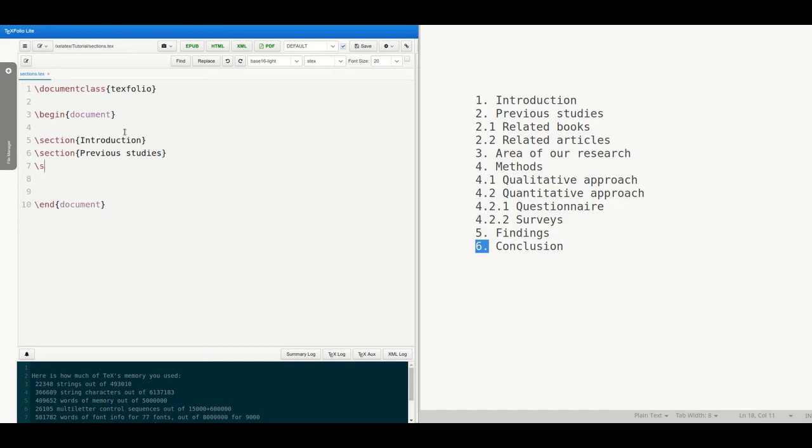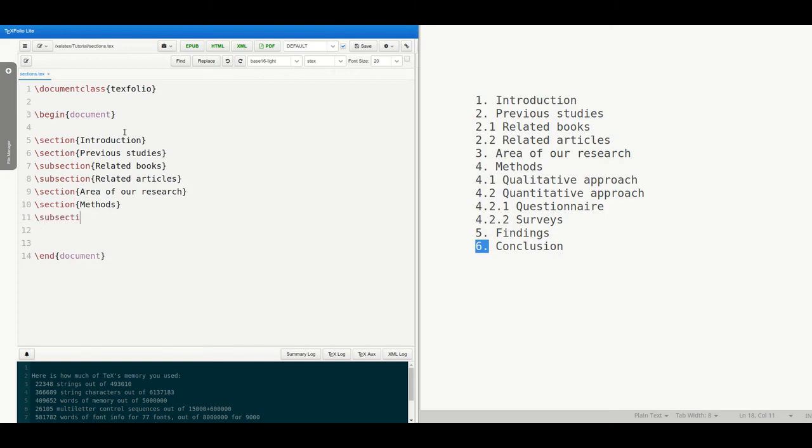Next one is a subsection, it is related books. Now the next one is 2.2, that is related articles. Third one is a section, area of our research.